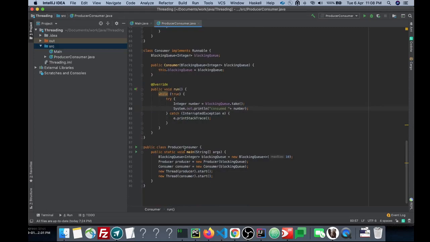So here's an example of how we can use that. First we create a blocking queue of size 10, and then I create a producer and a consumer, and start both of them. Now if I run it, we can see the produced and the consumed.